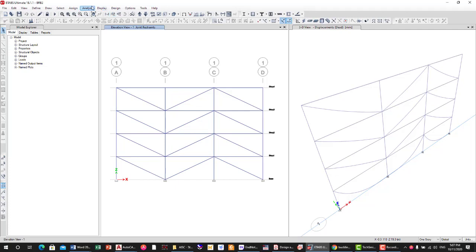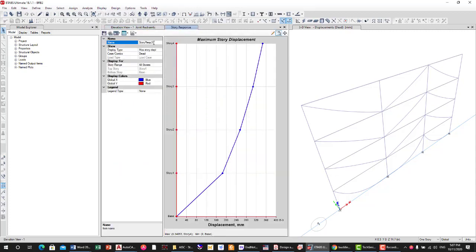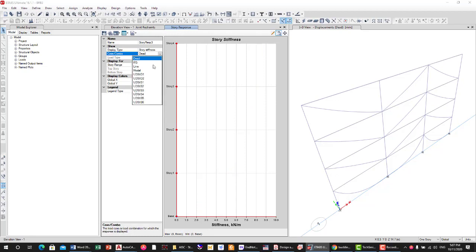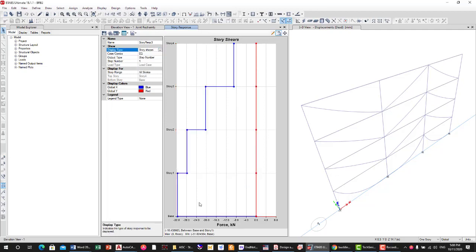And also we can quickly display the shear force. We are going to display the story shear in EQ. Sorry, it's story shear. So the story shear is about 31 kilonewtons, very small. And now in the same case we are going to